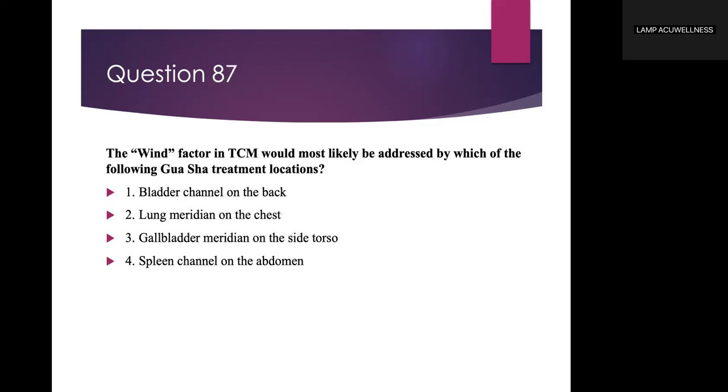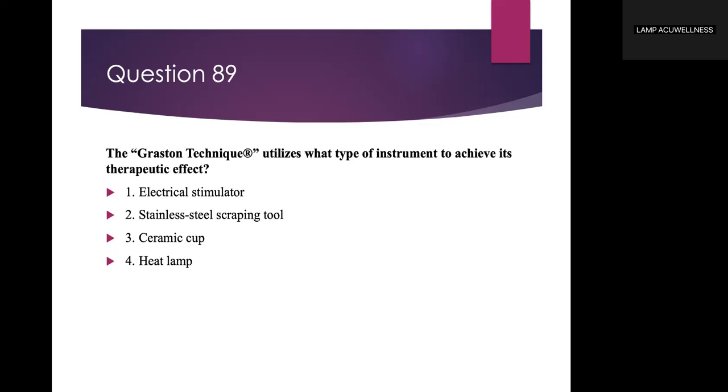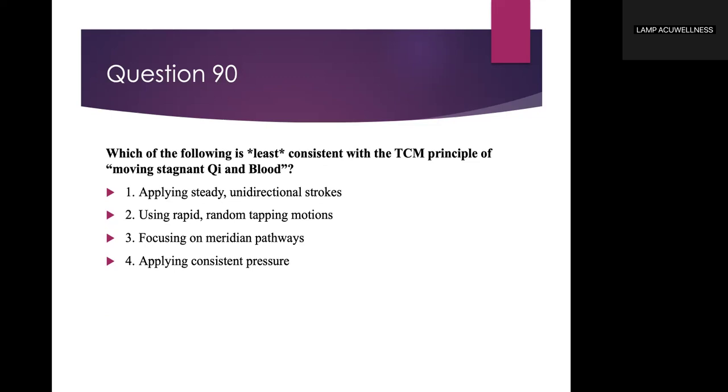The wind factor in TCM would most likely be addressed by which of the following gua sha treatment locations? Lung meridian on the chest. Yes. Which of the following is not a benefit of facial gua sha? Permanent skin tightening. The Graston technique utilizes what type of instrument to achieve its therapeutic effect? Stainless steel scraping tool. Which of the following is least consistent with the TCM principle of moving stagnant qi and